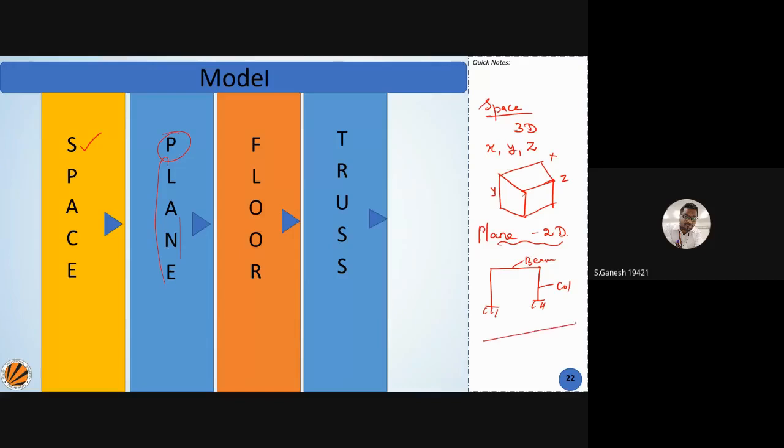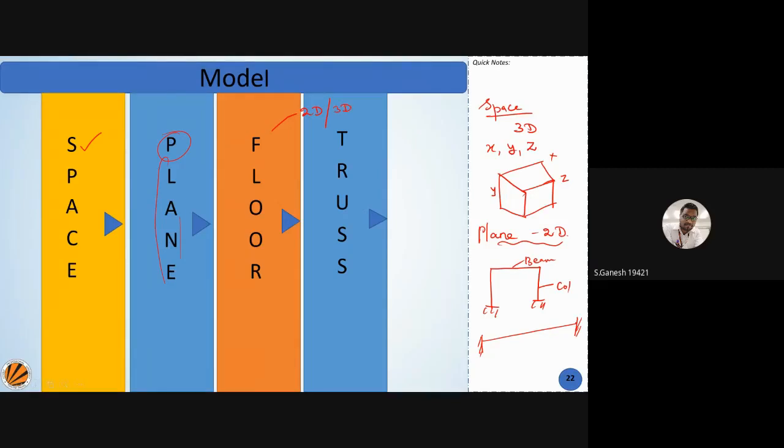So I want to study certain beams which are fixed on both sides, so then I can prefer my plane elements. Now, what is a floor basically? A floor is also a kind of 2D element. But make sure of my words: when you add a thickness, the floor element turns out to be 3D.